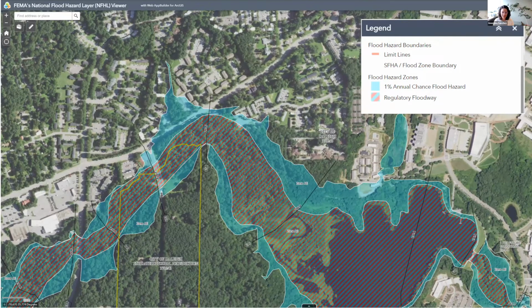And we started by taking a closer look at FEMA's designation of high-risk flood zones, also known as the 100-year floodplain, or areas where there is a 1% chance of flooding in any given year. Here we have Lake Raleigh. This is Centennial Campus.